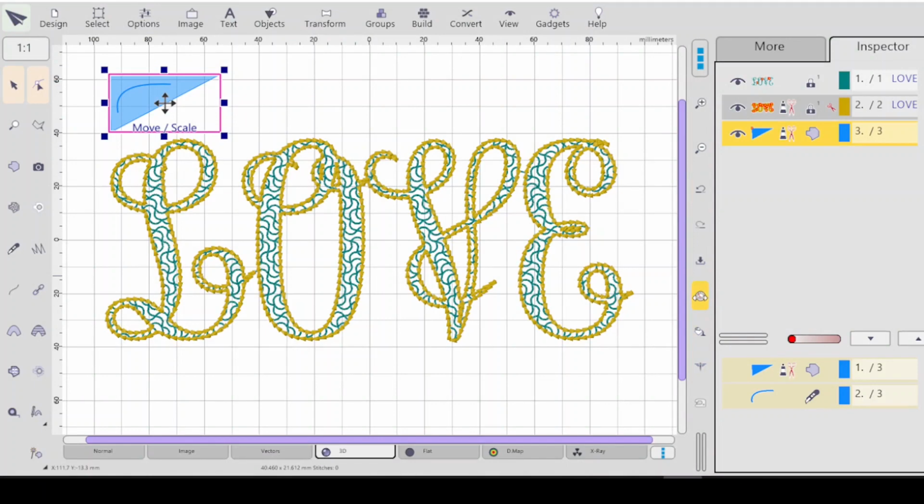My parameters is here. This is for jumps. This I believe is save. This is redo. Here's undo. Undo is black, but redo is not, because I haven't gone forward yet. And then zoom in and out is here as well. It's also over here. But at any rate, if I click on generate stitches,